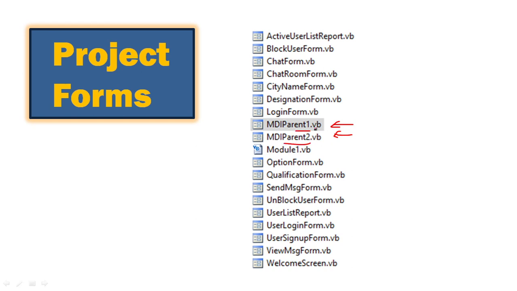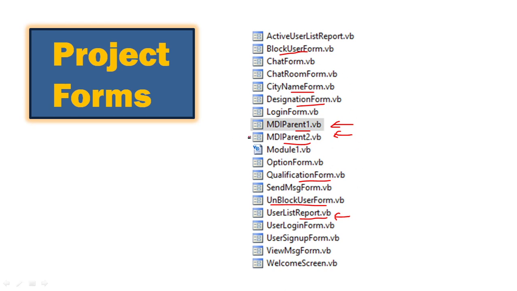As far as admin is concerned, admin can create qualifications. He can create city names. He can create designation names. Then you can see the user list of all who have signed up. So this is a user list. Then you can block the user. If there are any users you want to block, you can block the user. You can unblock the user. Right, so there is an unblock here. So you can unblock the user. Fine, so this is what the admin can do.